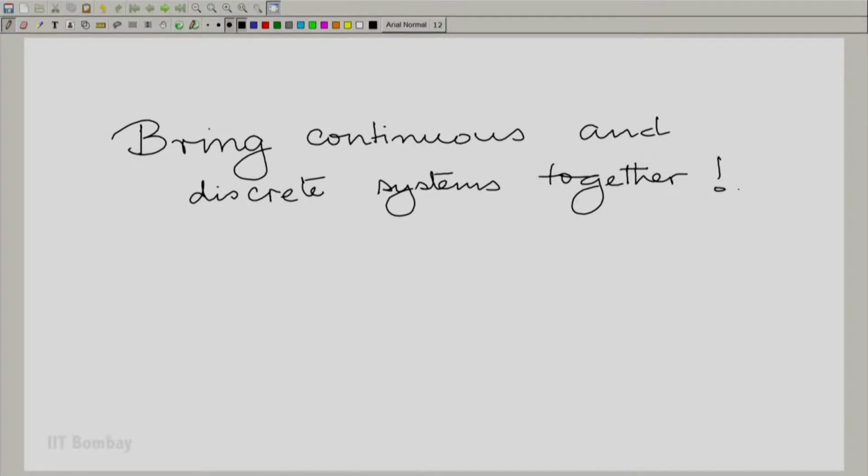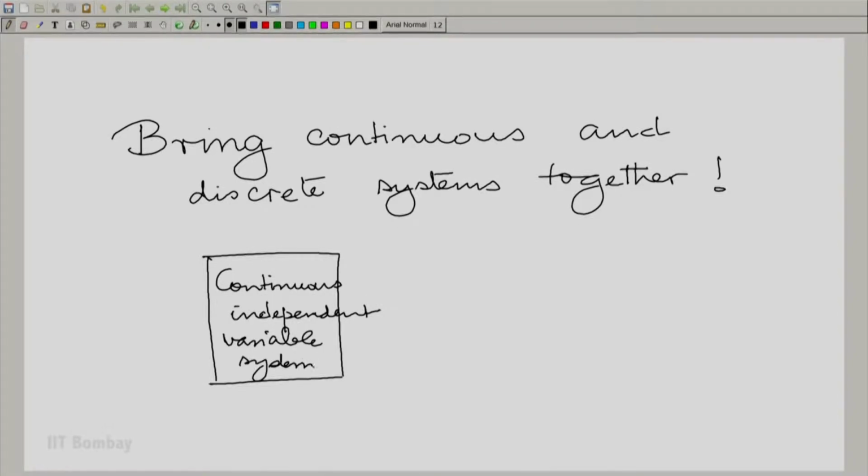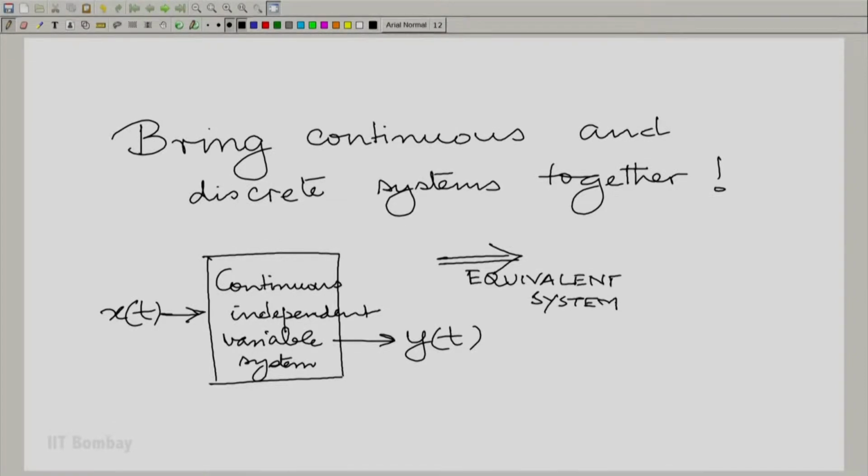What do I mean by that? Notionally, I want to do the following. I have a continuous time system or a continuous independent variable system. It takes an input x(t) and produces an output y(t). Now, this could be anything. It could be an analog filter, it could be some analog processor, it could be an equalizer in the analog domain, whatever you desire. We wish to construct here an equivalent system, where the processing that the continuous system does,